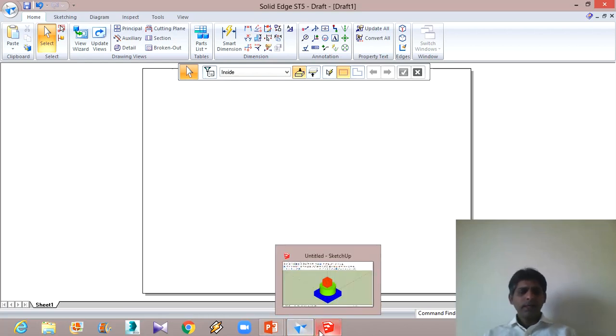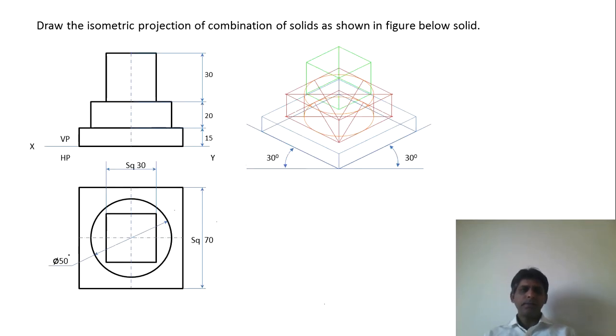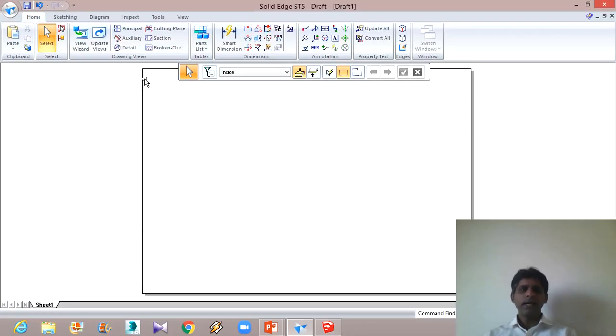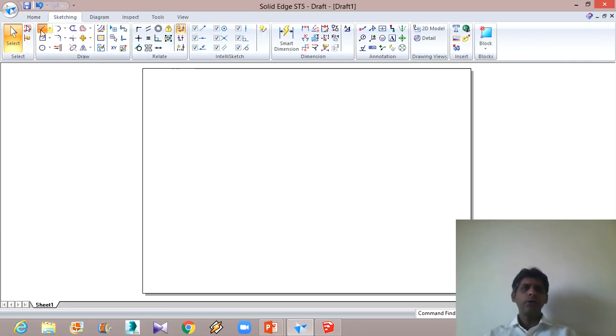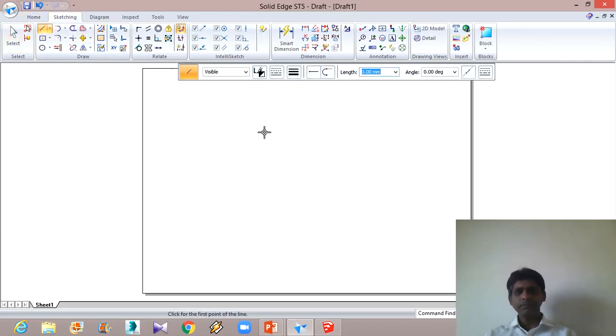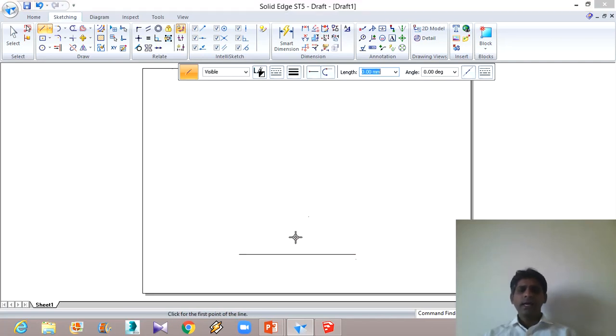Now one thing to note here is that I know all the dimensions that I require, right? So no need to draw this orthographic view, but however for completeness of the problem this view may be drawn. But in this particular case I am directly going to draw the solution, right? So I will select a line. I will change the thickness of the line, and I will draw one line like this, and I will draw